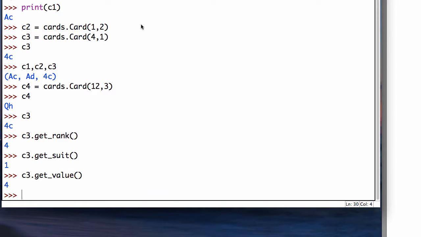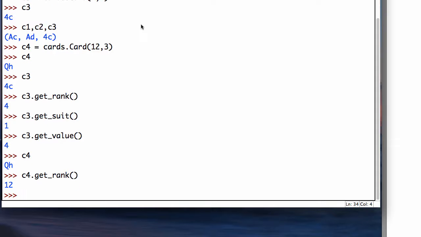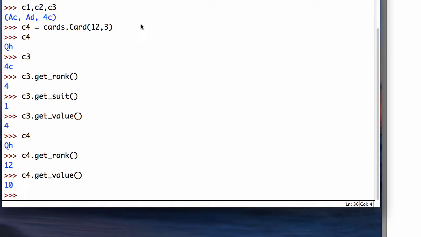No big surprises there. How about the value of our C4? Remember, our C4 was a queen. So C4, if I look at its rank, that is, where is it in the cards? It's the 12th card in terms of where it is, ace, 2, 3, 4, 5, and so on. And it's also got a value of 10. So, the value of the face cards are all 10. Rank and value give you two different types of things, and